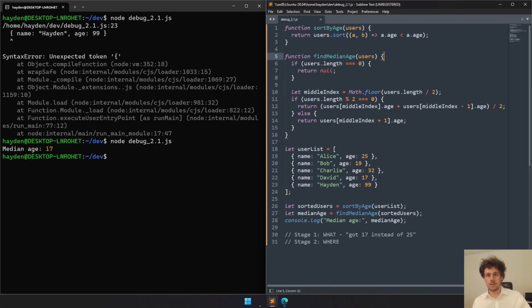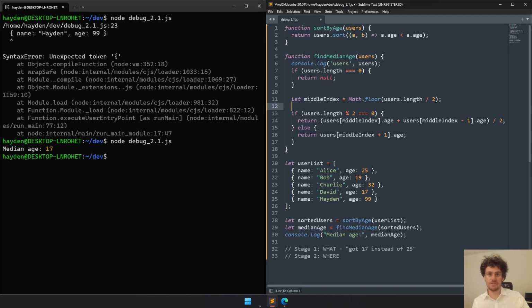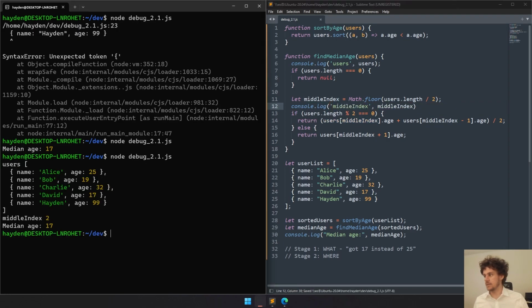One person might come here and say, I'm going to start printing out this here, like this. Users and users, and then we know it returns some stuff. God, there's a lot of things there. Maybe I'll just start printing out middle index like this as well, and we can see what that gets us. When I do that, you can see that users are the users that I'd expect, and middle index is 2,